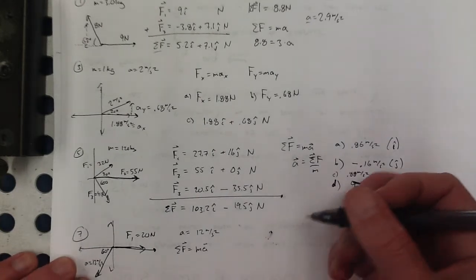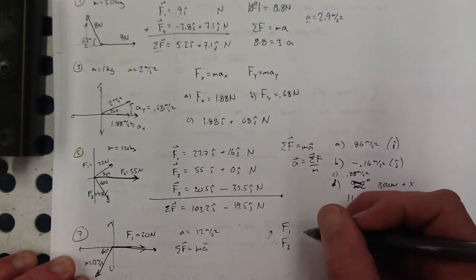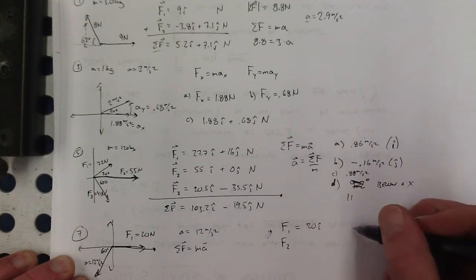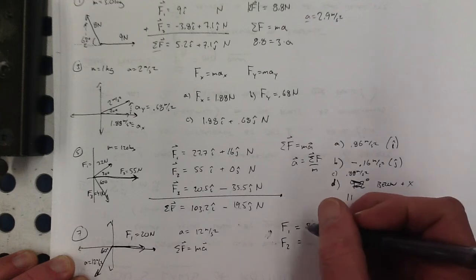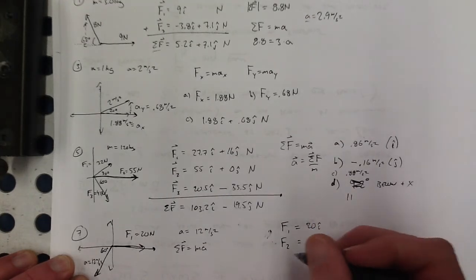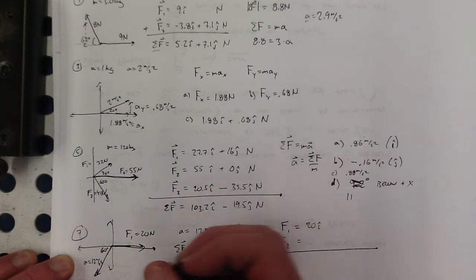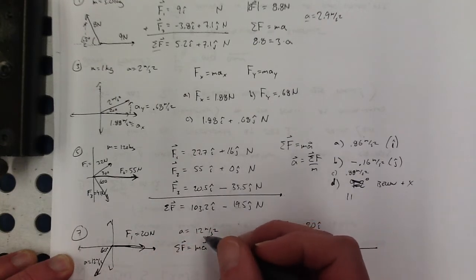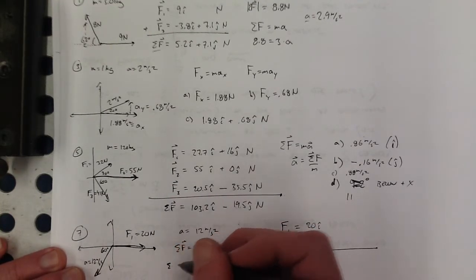Right? So I've got F1, and then I've got some F2 that I don't know. So this is all in the i direction, and then this I don't know. But I do know that the acceleration is 12 meters per second squared, and that the mass is 2 kilograms. So the sum of all forces, the magnitude of it,